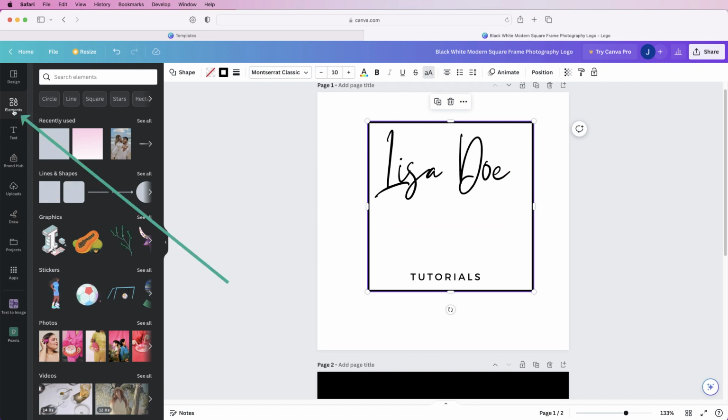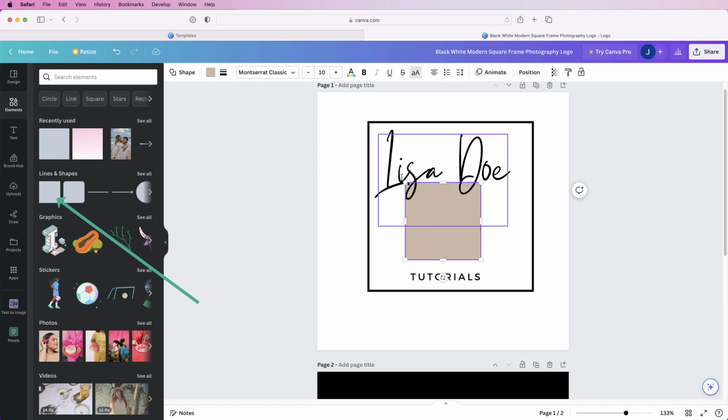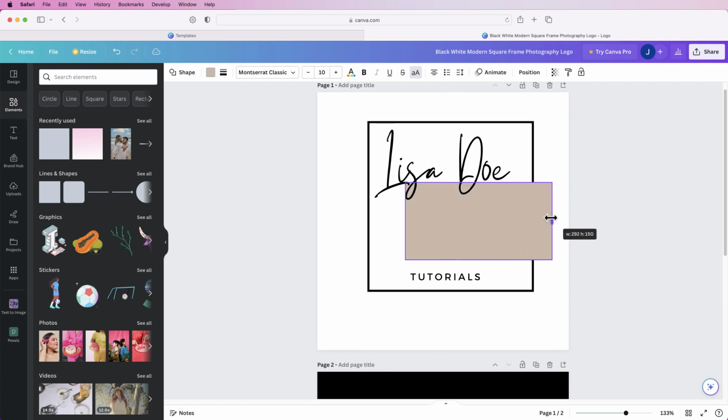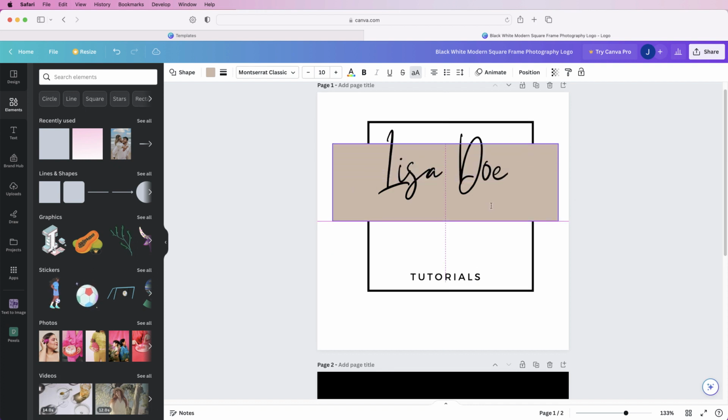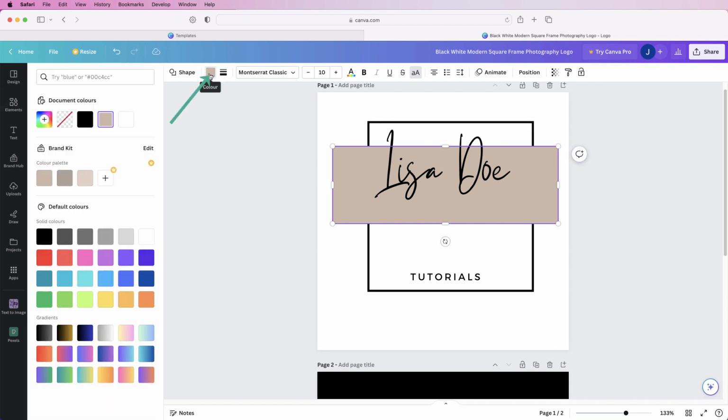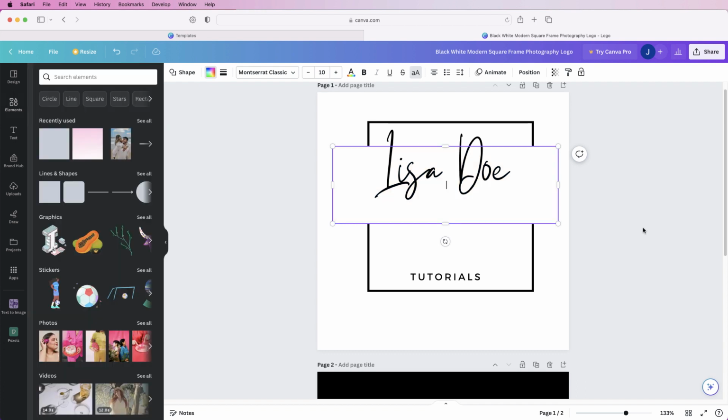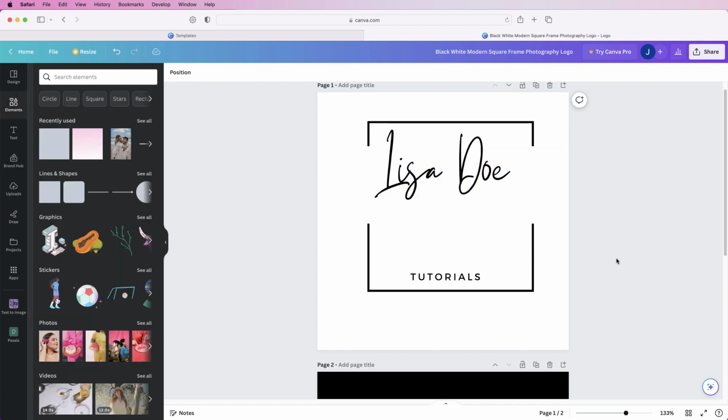So go to Elements again and click on the square again, and this is where we'll create that white rectangle that sort of cuts through that square. I'll put it about here. There we go. And then again, change the colour of that rectangle to white. Okay, so now we've got all of our basic elements in this logo, but as you can see, nothing is